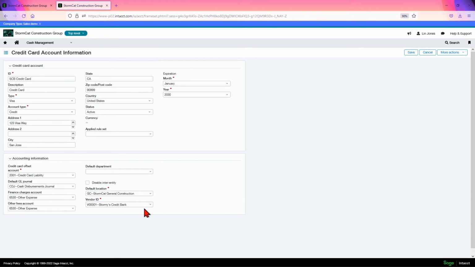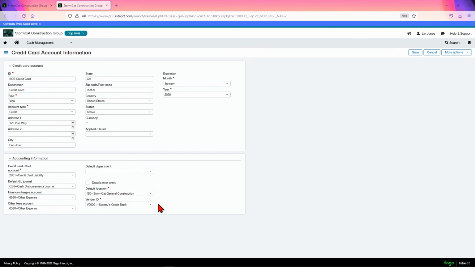And here's the kicker. You still have to have a vendor ID for the credit card, either way you go. So six of one, half dozen of another as to how you want to do it. But you do have to have a vendor ID account for the card. And what you'll have to do as well, just like your credit card offset account, the vendor ID has to be unique for each card.